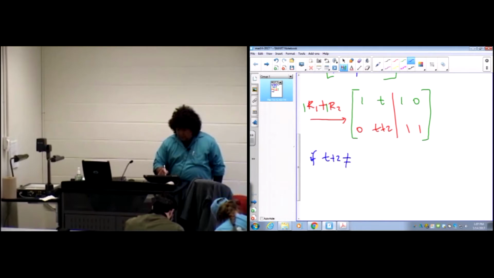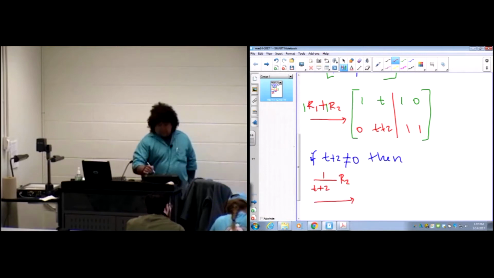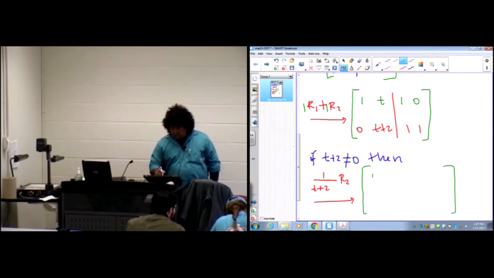So the first row stays exactly as is. Everything on the first row is 1, T, 1, and 0. 0 divided by a number is 0. T plus 2, assuming that number is not 0, divided by itself is 1. And then here we'd have 1 over T plus 2, and then 1 over T plus 2. That's what the second row looks like. So far so good. I've created a 0 on the entry 2, 1,